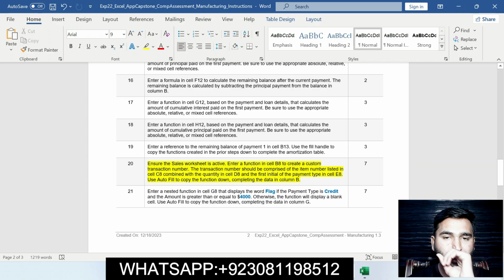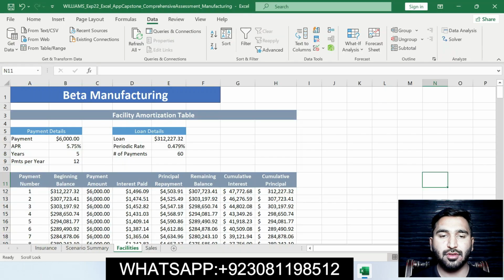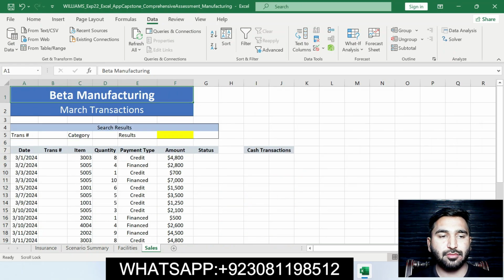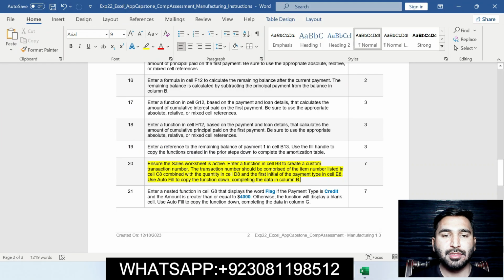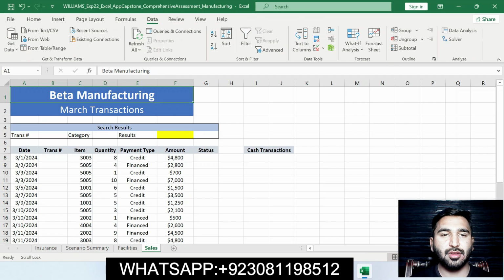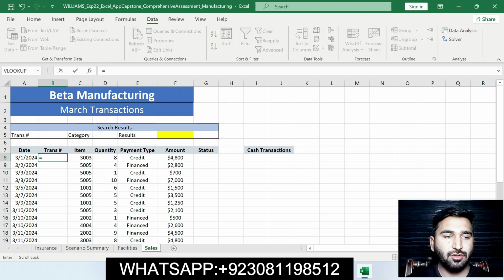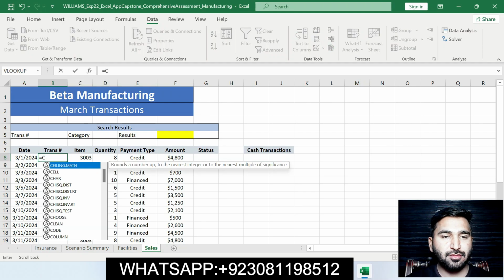Question number 20. Ensure the Sales worksheet is active. Enter a function in cell B8 to create a custom transaction number. The transaction number should be composed of the item number listed in cell C8 combined with the quantity in cell D8 and then the first initial of the payment type in cell E8. Autofill to copy the function. Basically, in this question we first ensure the Sales worksheet is active, then enter a function in cell B8. Click on cell B8, press equal to, enter